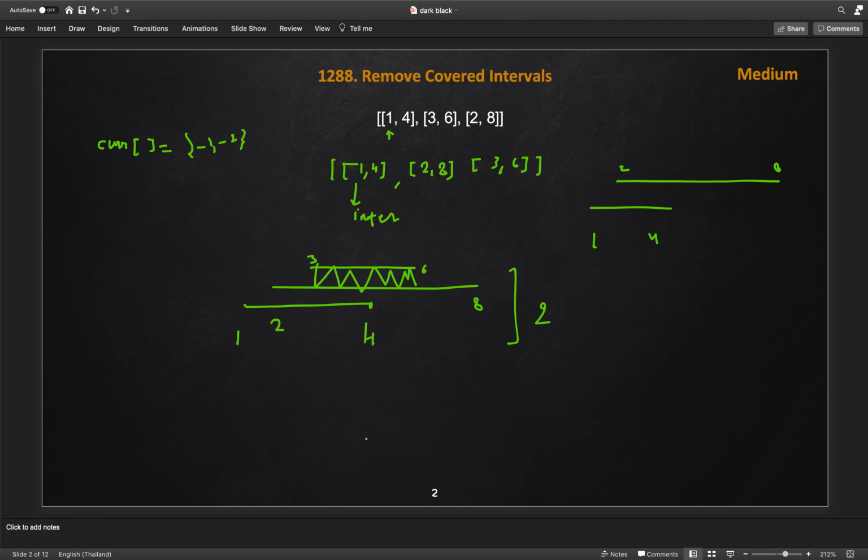If I draw the current interval from here to here, this is the current interval start, let's call it CS, and this is the current interval end, CE, and the interval we are processing has IS and IE. If this is the case, then they are not overlapping. In that case, we count it, keep this current interval as the same as interval I, and update the current interval end with the maximum of these two values. So this is the solution.